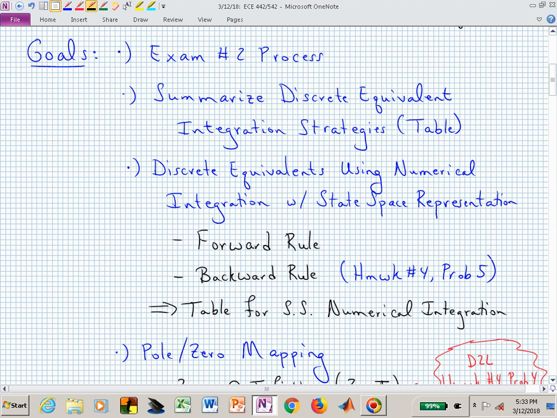That gets us down to summarizing the forward, the backward, and the bilinear, or Tustin, or trapezoidal. That goes by 3 different names, and I think in MATLAB they use Tustin for the type of C to D operation that you want to use with that function C2D in MATLAB. We will then